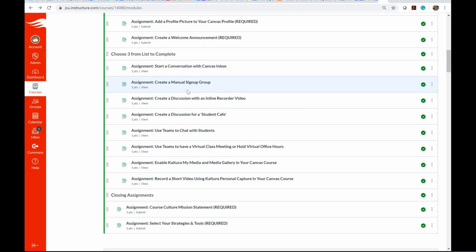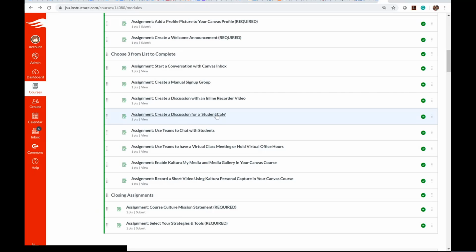Or is it the type of course where, hey, it's okay for them to work on a couple things together to learn how to do research? I mean, that's up to you. But the intent of these types of assignments here are really to get you to practice using them, and hopefully you'll see some of these and go, I really like that. I think I might use that in my course.